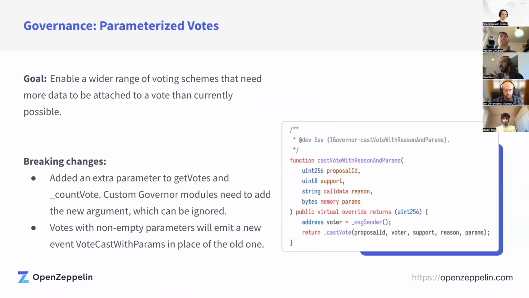And so one way to do that is saying, I want to vote, and you give the governor contract this is my list of NFTs, and I want you to go through that and mark each of those as already used for the vote, right? And so this entire list of NFT IDs doesn't fit in the uint8 support value that was there prior, and a system like that can now be implemented with these new parameters, right? You can say, here's my vote, and I am parameterizing it by this list of NFTs. And now the governor counting module can go ahead and count that however it wants. So these features,